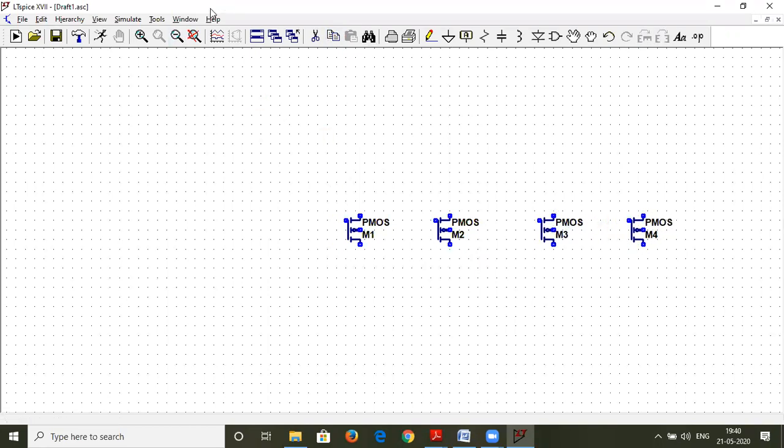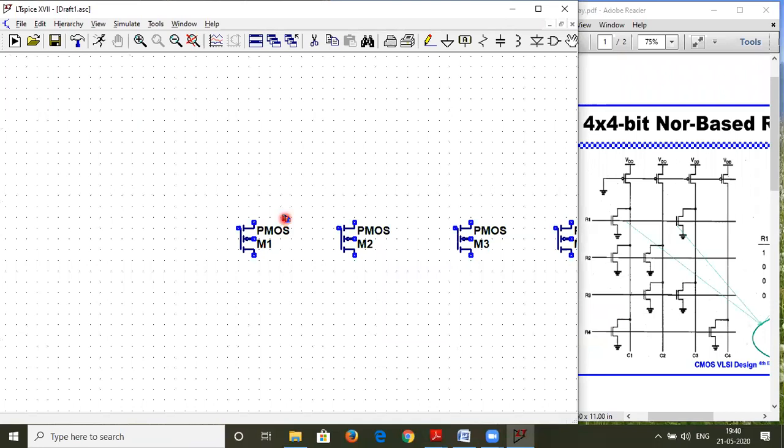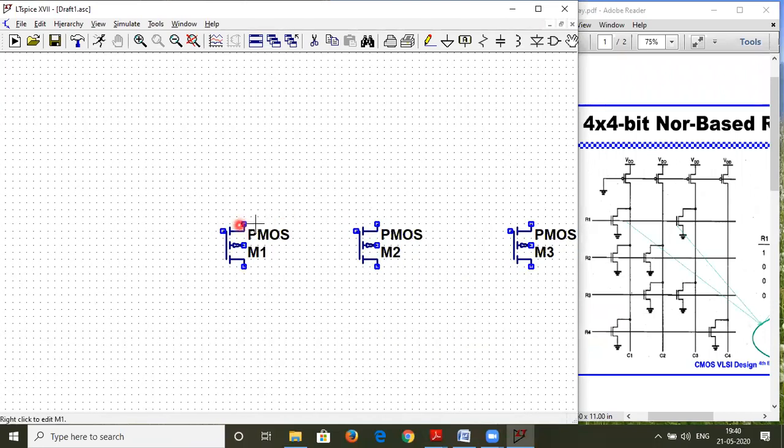So what I was about to say was in LT Spice environment, if we have a PMOS transistor, the source terminal is always connected to VDD, and the substrate terminal will also be connected to VDD, and the drain terminal is connected down. So that's why we have reversed the symbol here. So we have rotated it and mirrored it. So you also have to do it carefully.